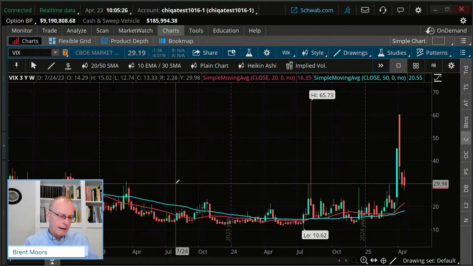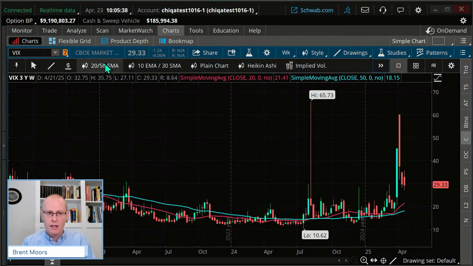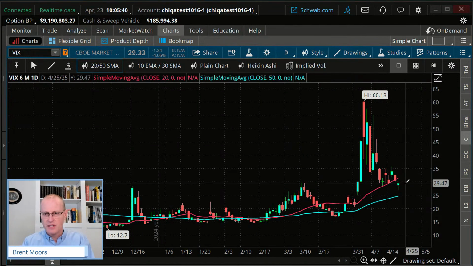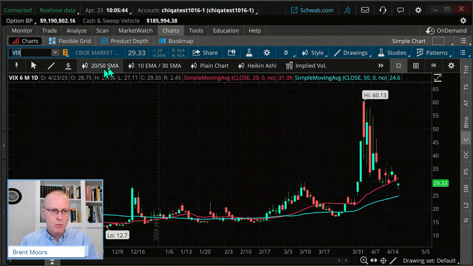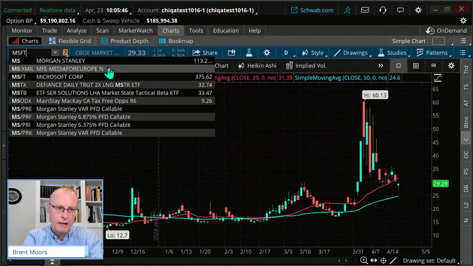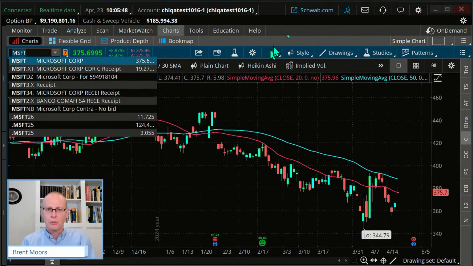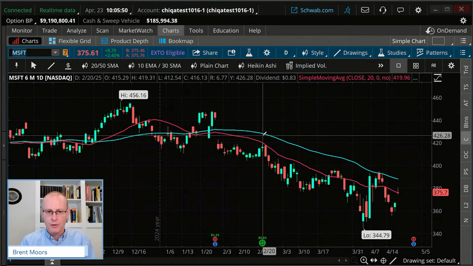And most of the time, there's a little less uncertainty in the market than right now. Those two things go hand in hand. But you can measure implied volatility on individual stocks as well. VIX is implied volatility on the S&P 500. But if I just want to pull up a stock, we'll just pull up Microsoft as an example, and all the stocks we look at today are example stocks.